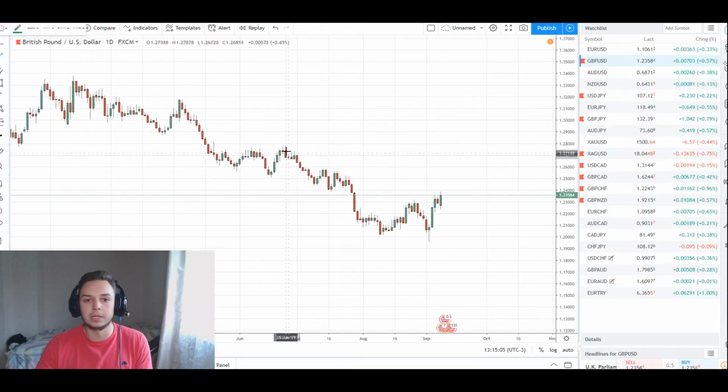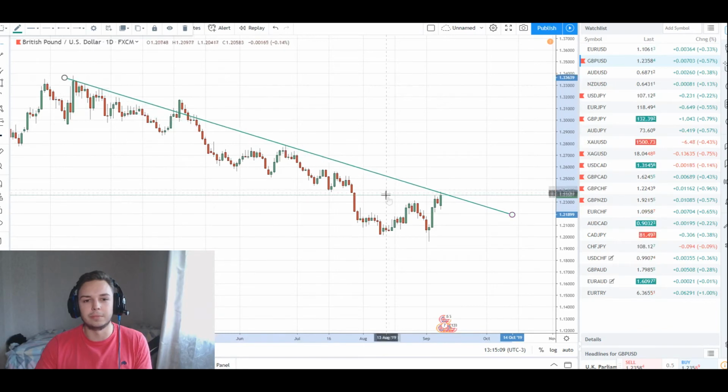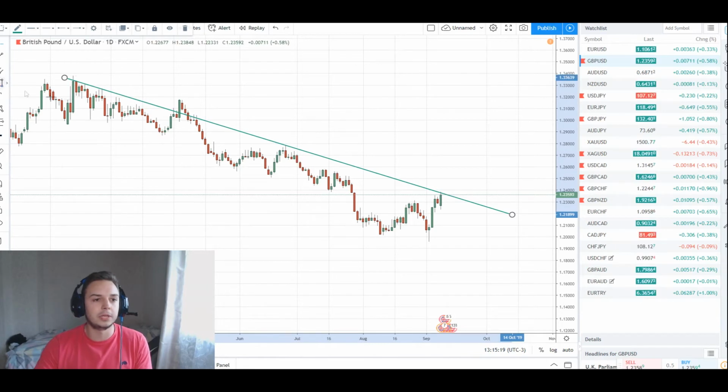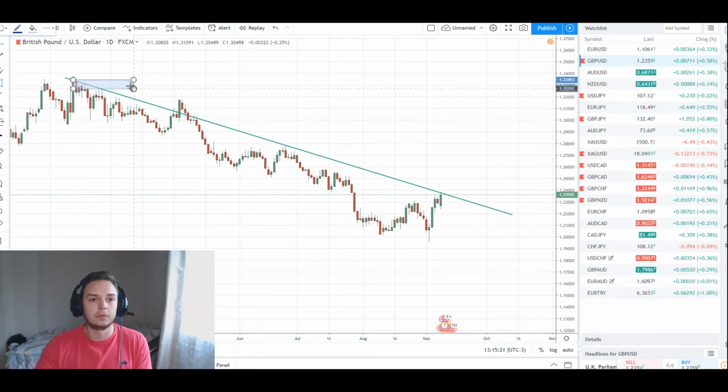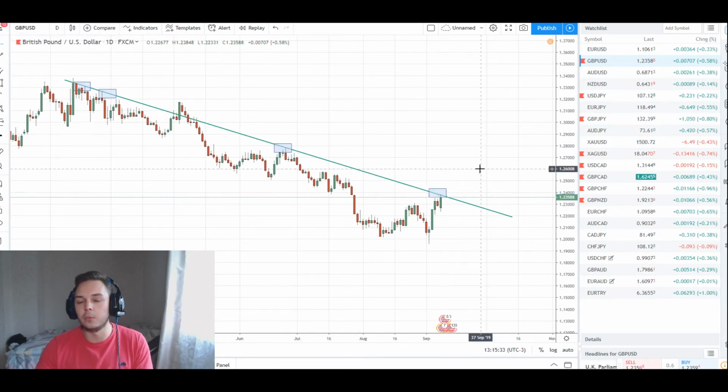So let's have a look over here, we can even place it like that. It was the current trend, a little breakage over here, but this trend line is still very good. As you can see, it bounced back numerous times over here. We can even mark it with the rectangle tool. As you can see, bounces here. Let me just copy and paste real quick. Bounces here on this side, bounce here, and it should be a bounce here to the downwards direction